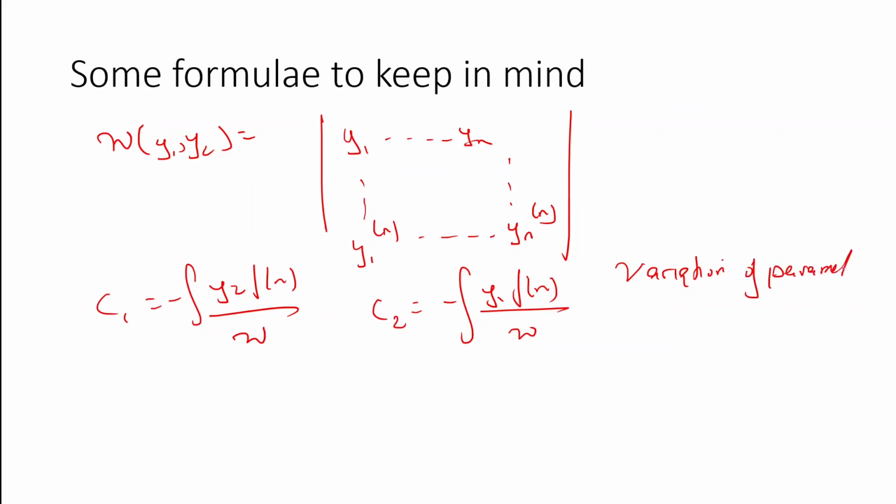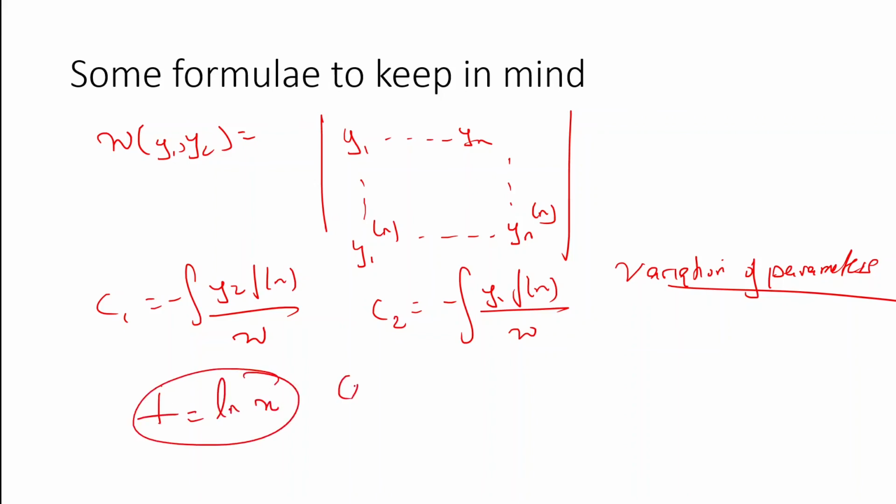Then obviously you have to keep in mind the various forms. I have already explained them, so I won't write them again. The various forms for undetermined coefficients. Then you have to remember the substitution for Cauchy-Euler. That's it. Those are the formulae you have to keep in mind.